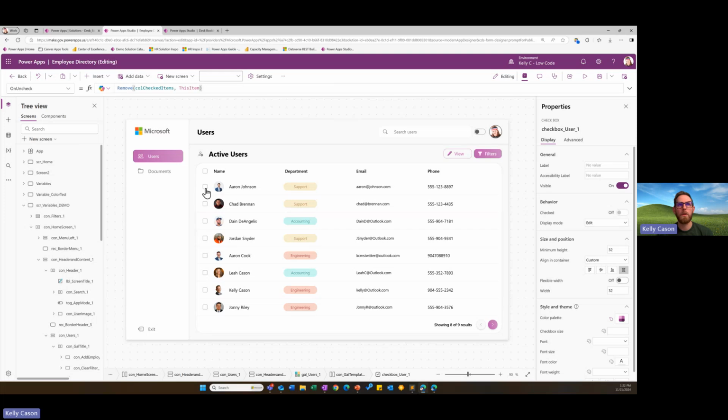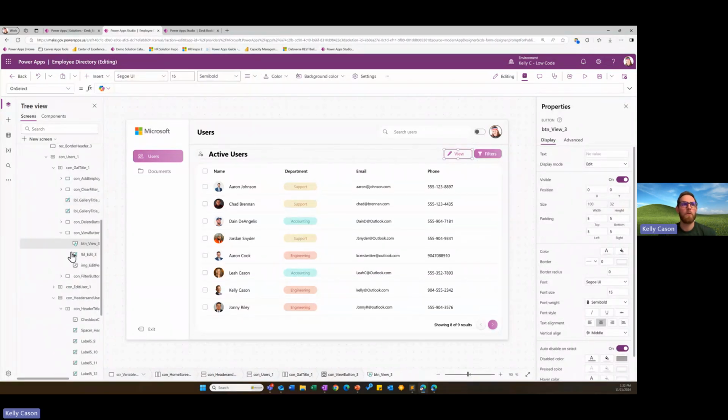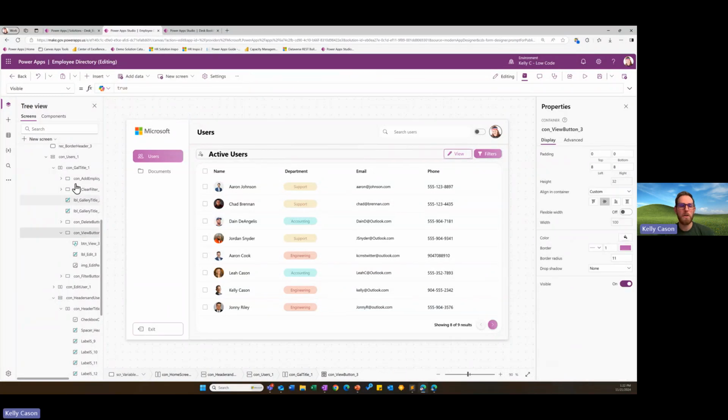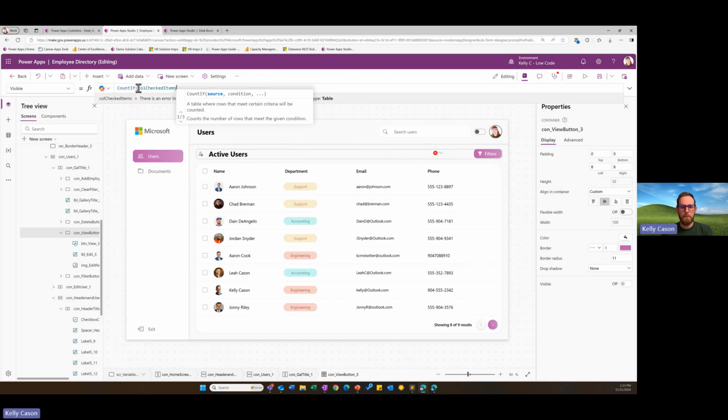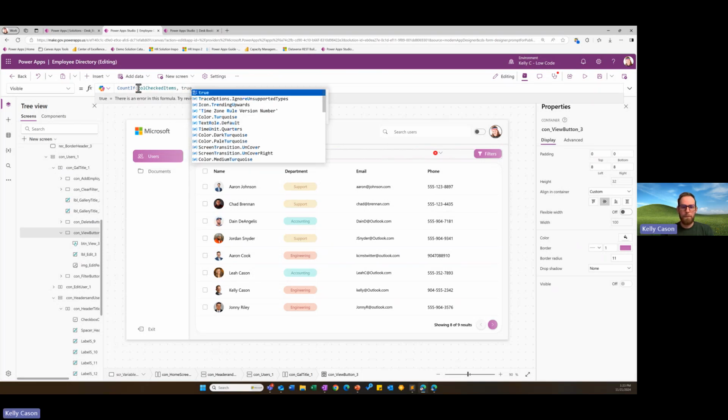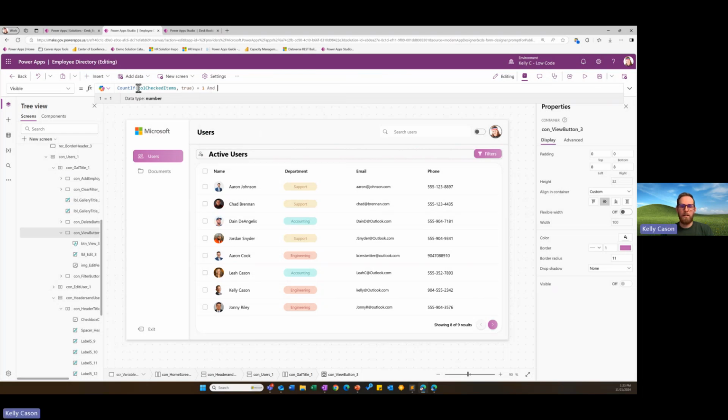So now if we select and unselect, you can see the button properties of the delete button is now respecting it. We're going to make sure that the view button does the same thing. So we select our view button. And firstly, in the visible property, right now it's just set to true, but we want to make sure that it only shows if we have one item checked. So count if col checked items true equals 1, and